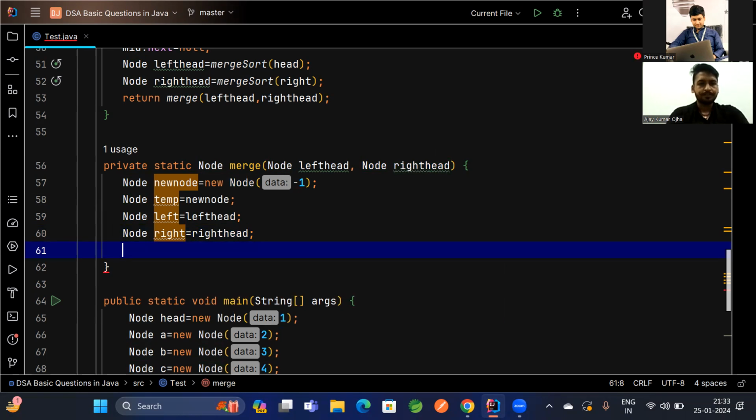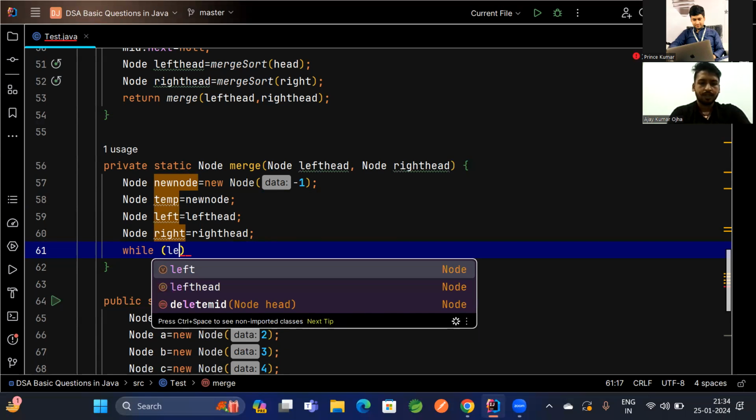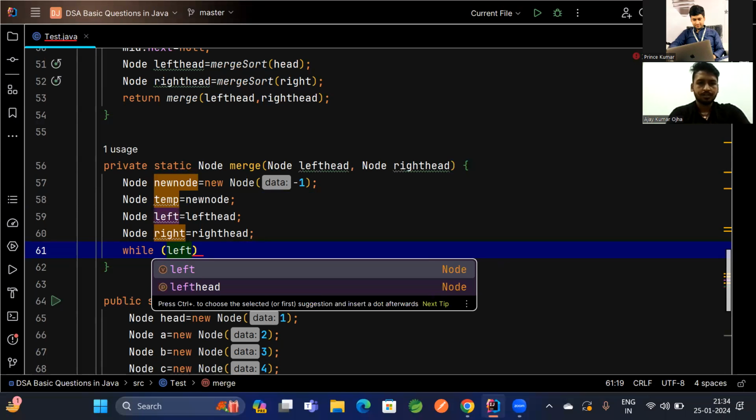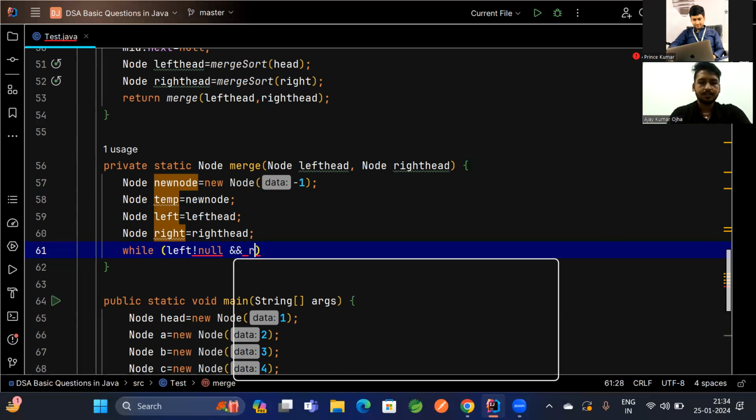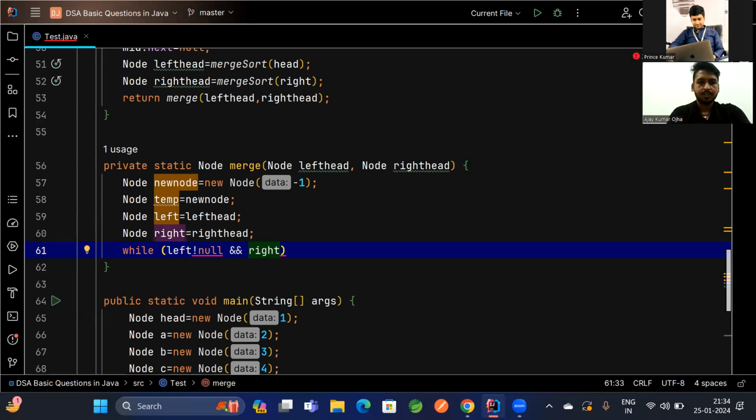Once I have done this, my task is to merge both of them. So while my left is not equal to null as well as my right is not equal to null,